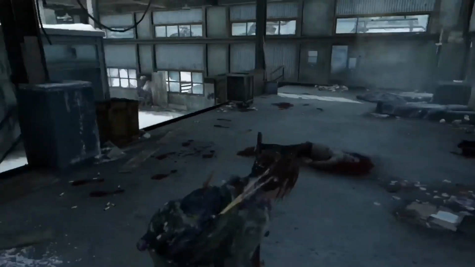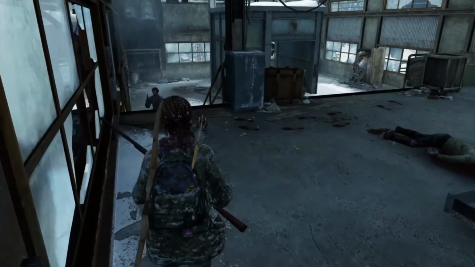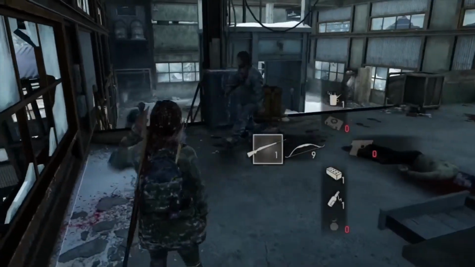So whenever the enemies are in the animation, where they are dropping down from the top level, you can stand behind them and instantly kill them. I saw somebody do this in a YouTube video, and I was so surprised. So watch this. Look at that. That is amazing. Once again, they really make Ellie feel very powerful in this game,